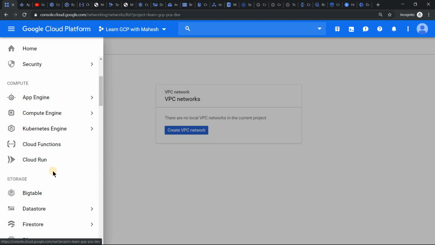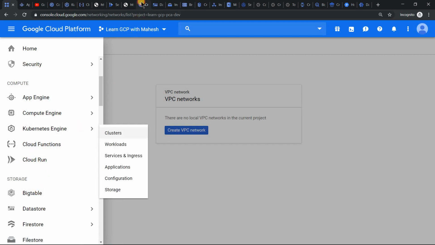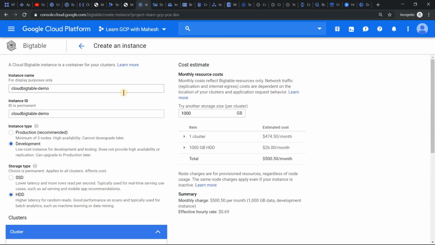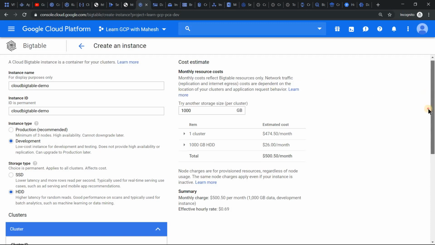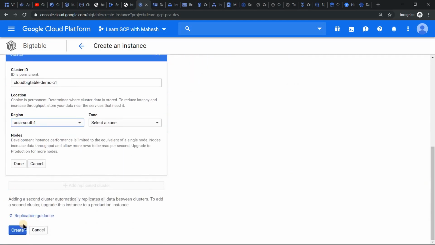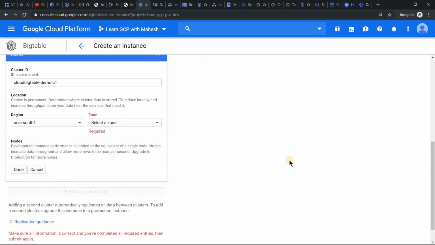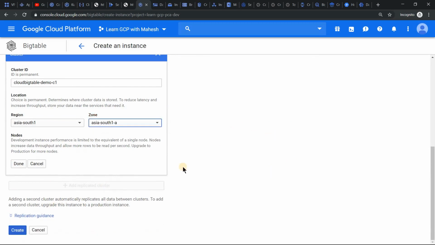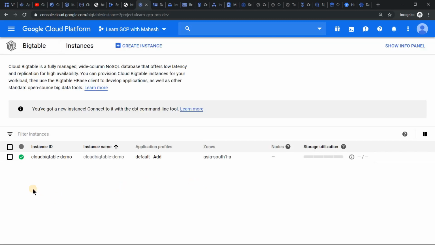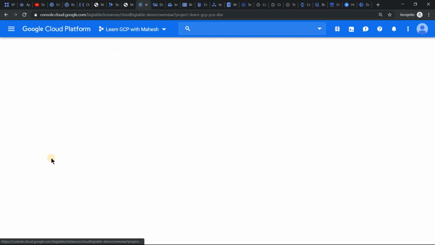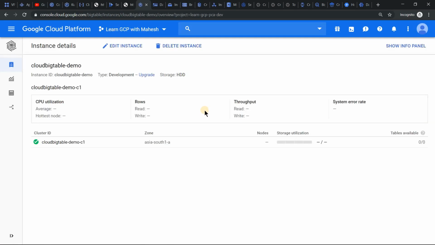So let's move on to the storage component. The first component under storage is Bigtable. Let's try that. So in the interest of time, I've already filled in the form. So let's just click on create to see whether it gets created. Okay, I did not mention the zone. Let me select it and click create. All good. It's a success. So the Bigtable instance has been provisioned successfully. And if you click on the details, you should come to know that it does not depend on any VPC.